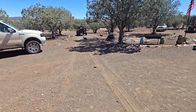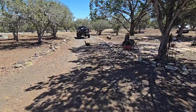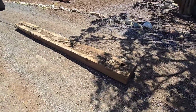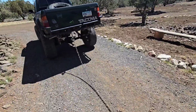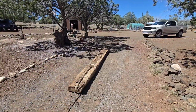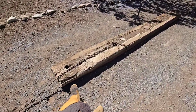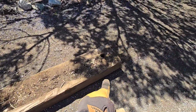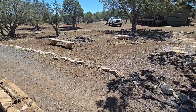And this was the largest, I don't even think it's a railroad tie. Weighs 1,000,000 pounds. And you can see how we had to use the truck to pull it out. And the idea, we're going to cut this into maybe 2-foot sections. And since it's not a railroad tie, there's no oil on it. And we're going to use it for the fire pit that we're building